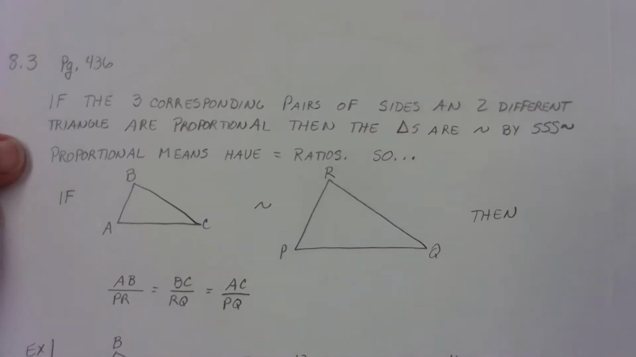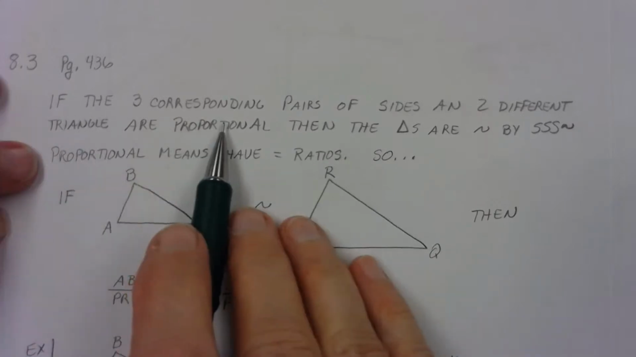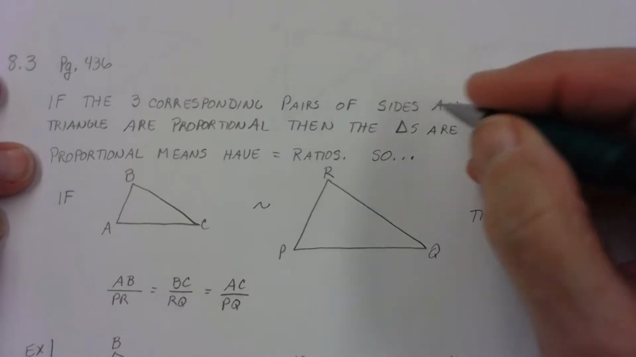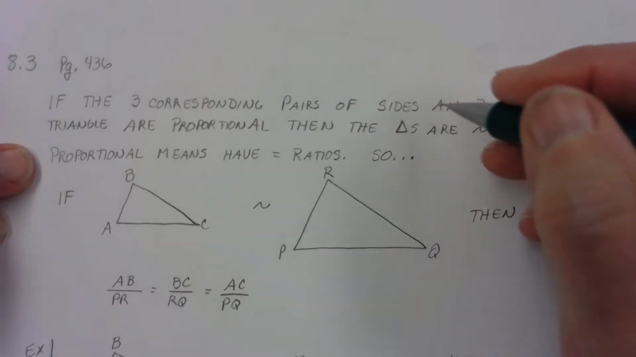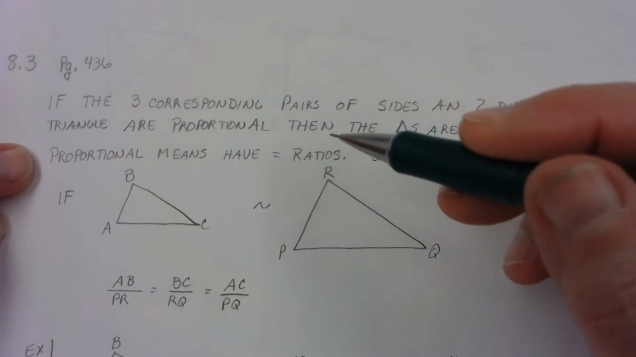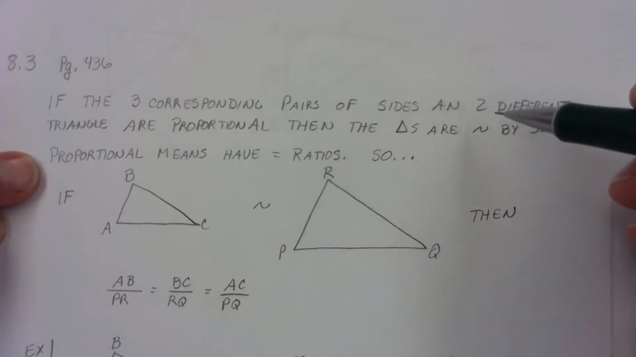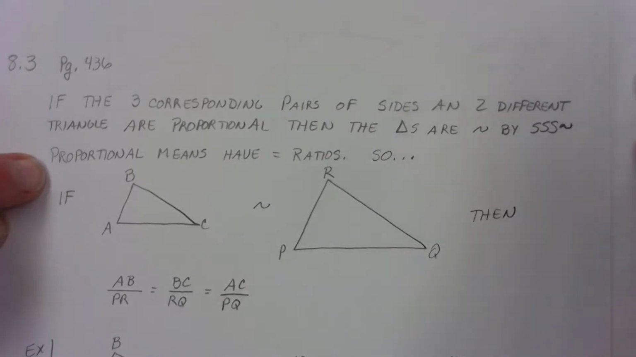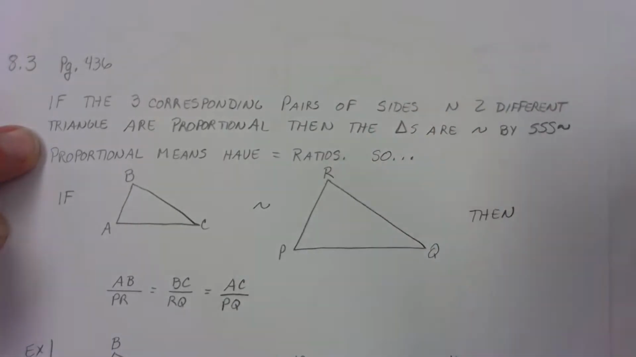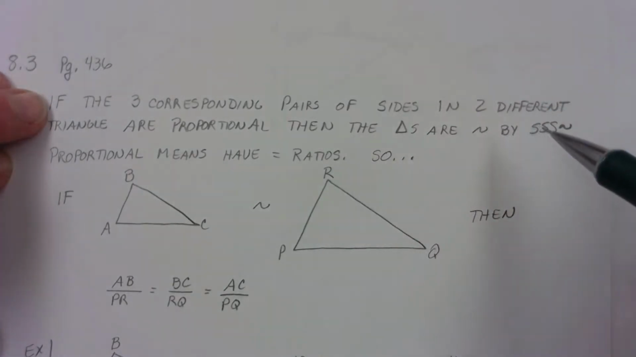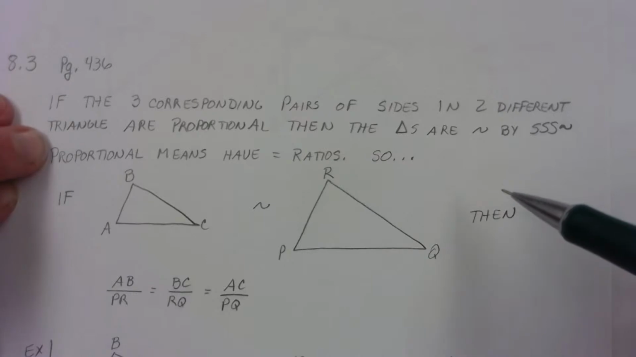And this one says, if the three corresponding pairs of sides, what was I going to write there? If the three corresponding pairs of sides in two different triangles are proportional, I think that's what I meant to say. Sorry about that. Bad writing. Okay. If the three corresponding pairs of sides in two different triangles are proportional, then the triangles are similar by